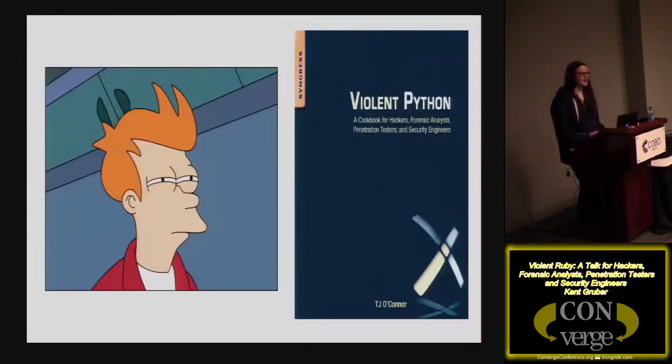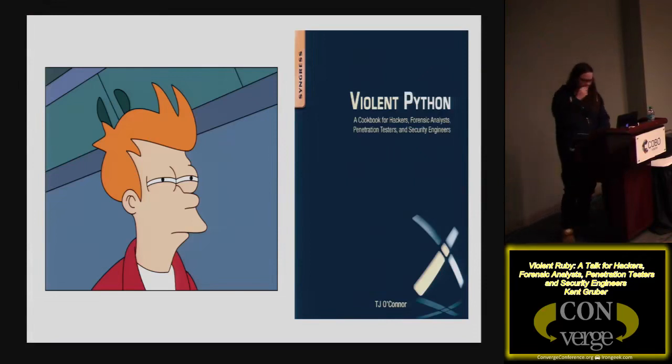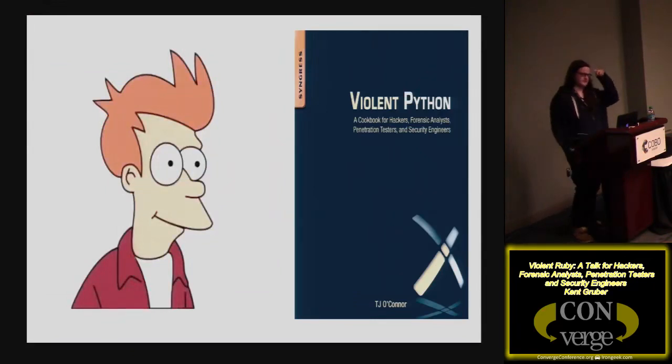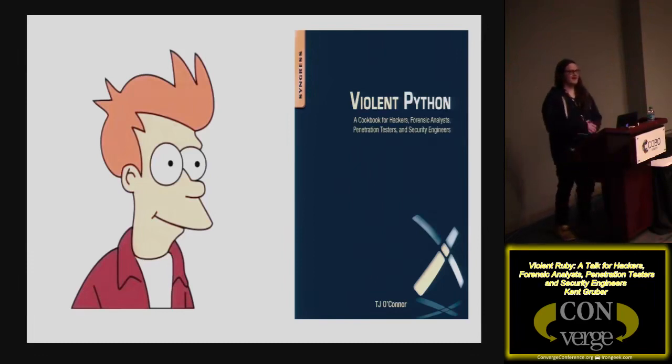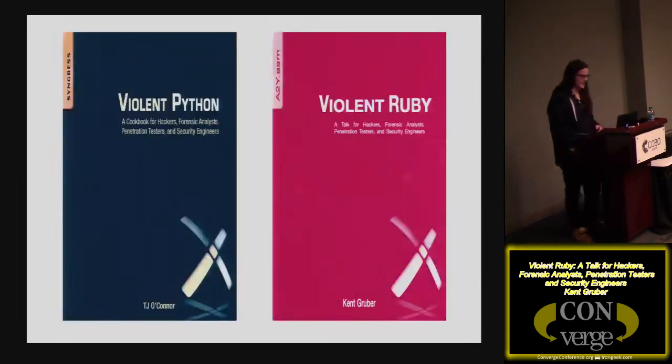Anyway, distractions. Violent Python, right? It's a good book. You should definitely read it if you haven't. It's not even super modern, because it's still using, for example, Python 2.7. Not that you can't get away with that. You can definitely do whatever you want, and people continuously do that.